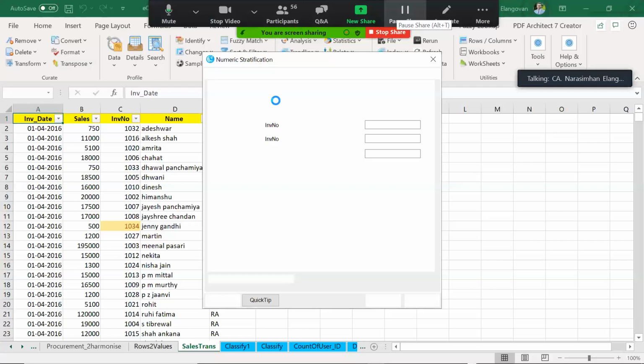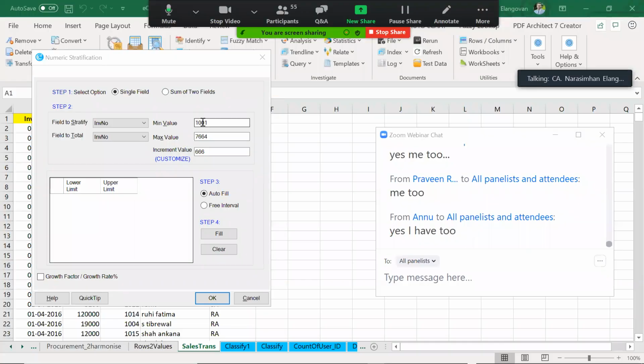Both the first and the second option, please choose sales. Stratify based on numeric. Okay, so this is the screen which should appear for you.